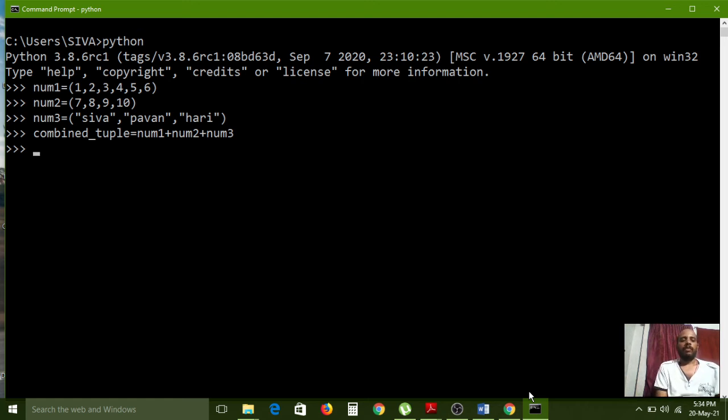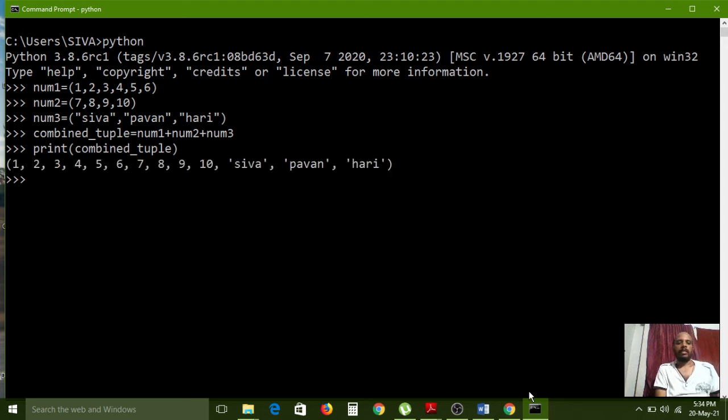Now whether these 3 tuples are combined or not, we have to see by using the print function. Print open bracket, in that we have to pass the combined underscore tuple, closing bracket. Now I am pressing the enter key. 1 2 3 4 5 6 7 8 9 10 and Siva, Pavan, Hari, these 3 names, along with these the combined tuple has printed like this.